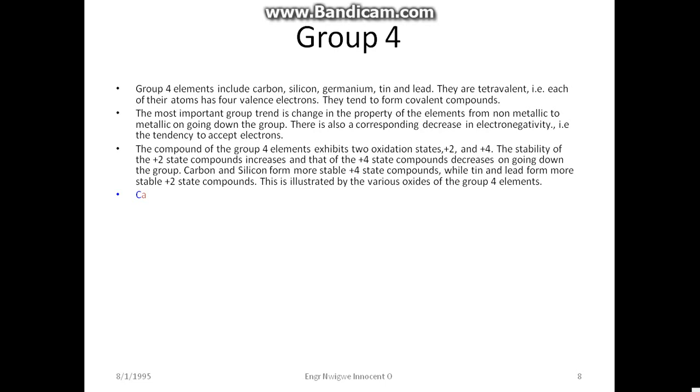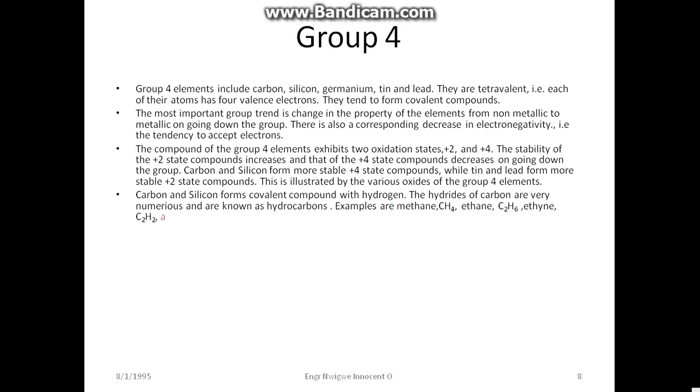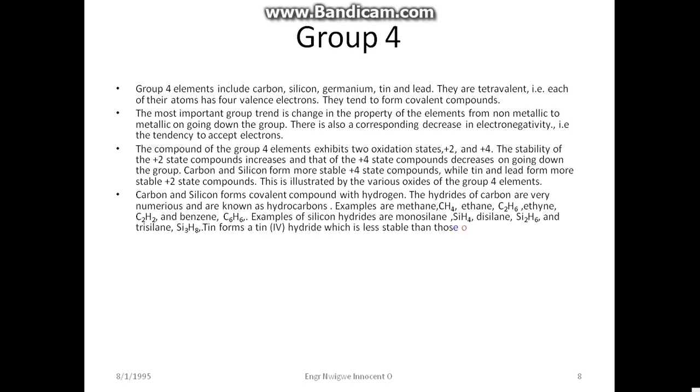Carbon and silicon form covalent compounds with hydrogen. The hydrides of carbon are very numerous and are known as hydrocarbons. Examples are methane CH4, ethane C2H6, ethyne C2H2, benzene C6H6. Examples of silicon hydrides are monosilane